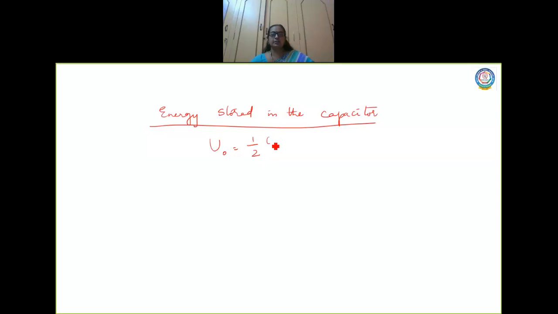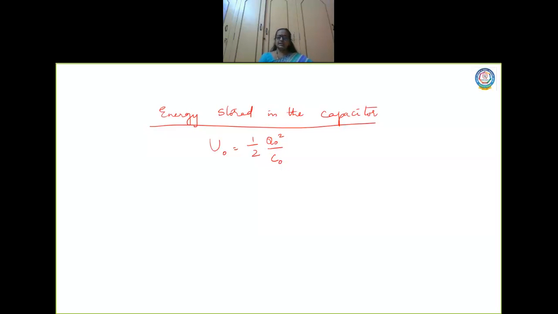Now let us calculate the energy. If a dielectric is added, what is the energy stored? We need to find out. Like how we calculated the energy stored for a parallel plate capacitor, now what happens to the energy? In the absence of a dielectric medium, I know the value of energy to be U naught equal to half into Q naught square by C naught. This is the value we arrived at.